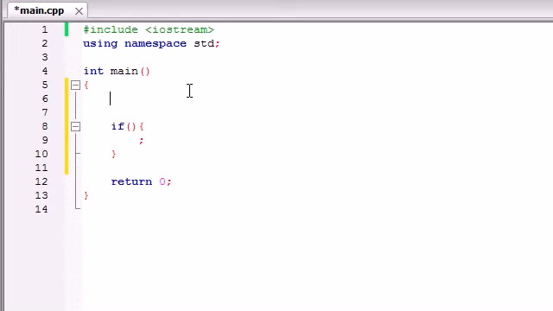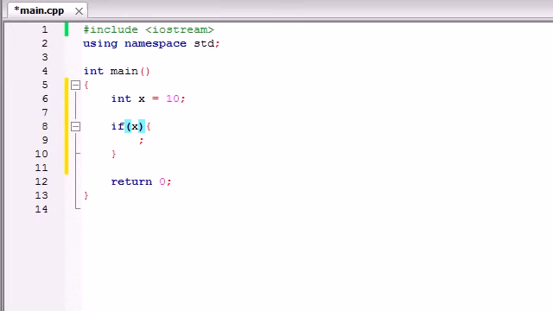What people typically do is they have a variable first of all. So let's make int x and set it equal to 10. So now we have a variable equal to 10. They might want to test this to see, is this variable equal to 10? So go ahead and say if x, and now in order to make these simple tests, we use something called